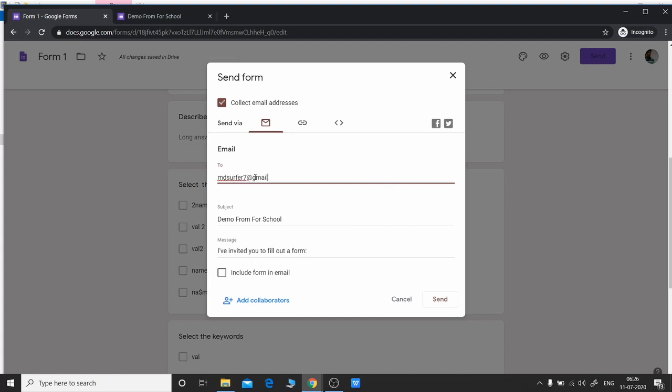The moment I hit send, this particular email ID will receive this particular form, and obviously you can change the subject because it is editable in here, and even if you want, you can put in a personalized message of some sort. It is also doable. So this is one option, that is you can send the Google form via email address, that is you can type in as many email addresses as you want and it will still work. So in this way we can just keep on adding more email addresses. This is one of the ways.